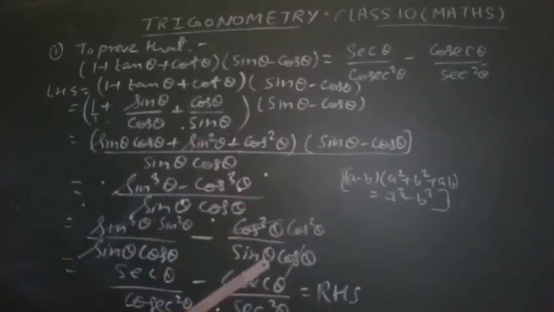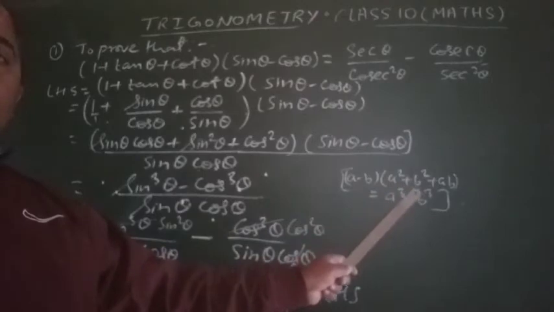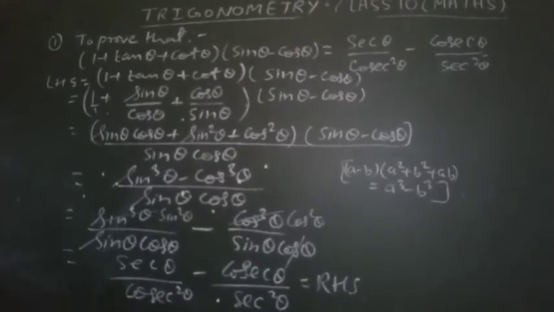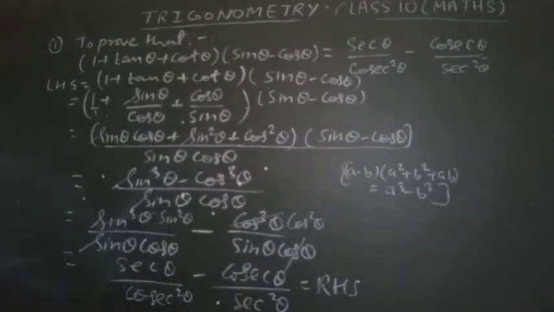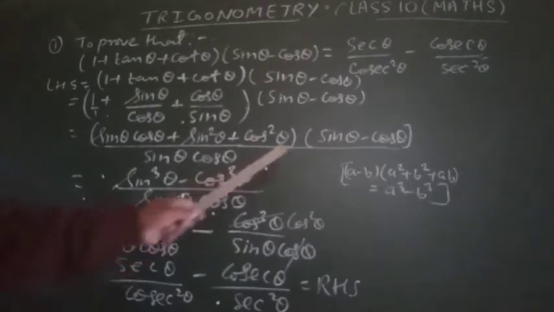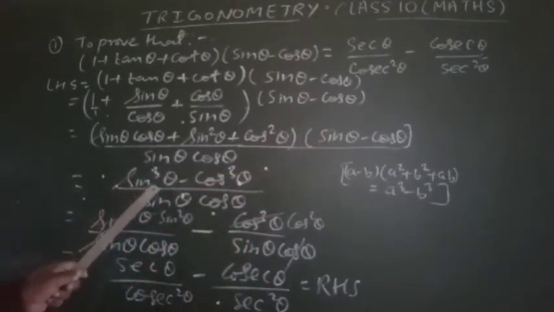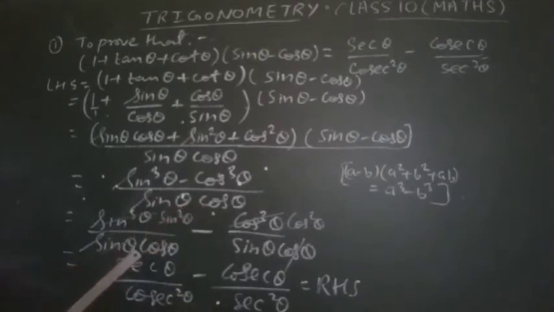So it is the format of (a − b)(a square + b square + ab), that means a cube minus b cube. So how could I do this one? Here it is the a cube minus b cube formula. In the place of a, sin, and in the place of b, cos. Now this sin cube is divided by sin cos separately, and then cos cube divided by sin cos separately. So look, sin and sin cube cancel to give sin square, and cos cube cancels to give cos square.